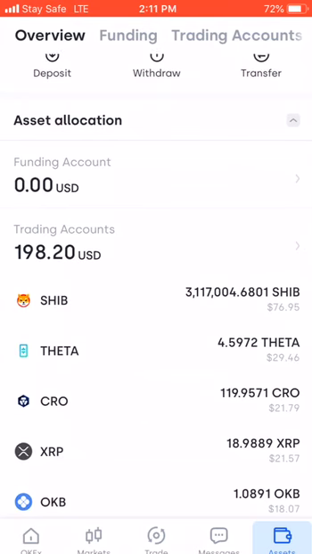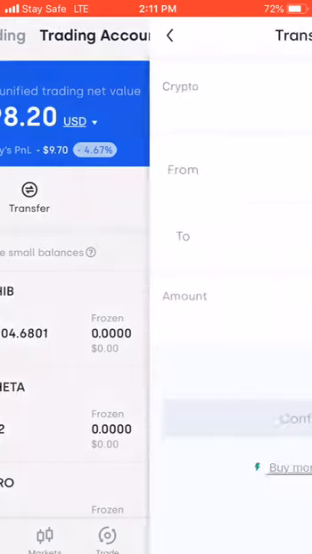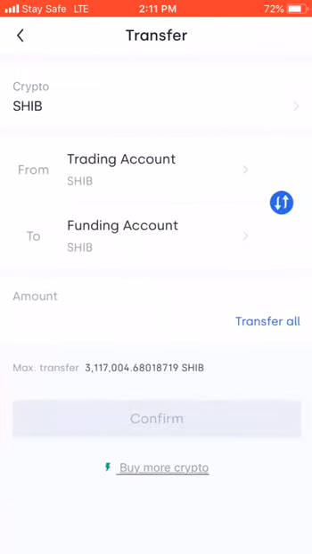You click the very money you want to use, and you have to transfer the money. You click transfer, because any money you receive will be in your funding account. Maybe for instance, you received USDT and you want to buy Shiba. The USDT will be in your funding account. For you to use it to buy Shiba, you will transfer it to trading account. So that's what we do.